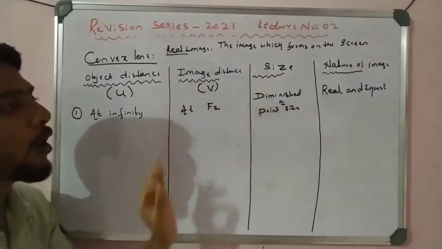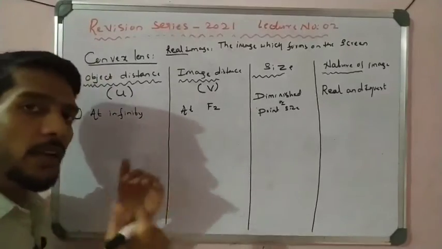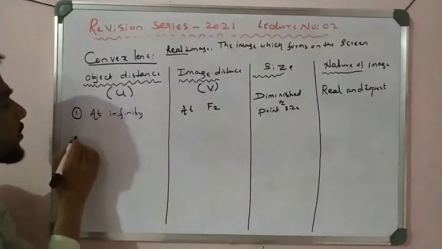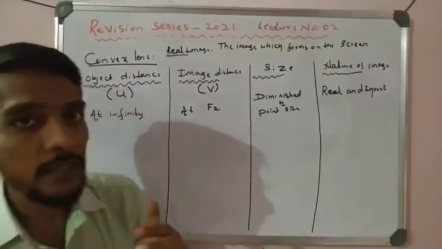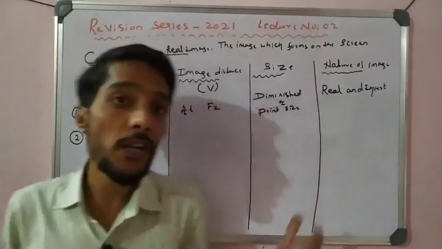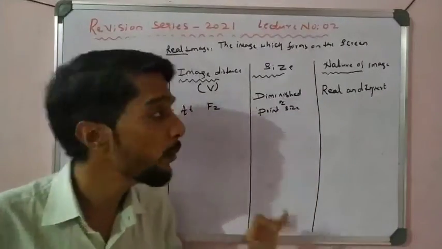So this is formed on the screen. So this is the first one. We can learn the ray diagram later. First take the whole table, complete the table, right? So that is very important. You first practice and try to write the table without seeing the textbook. That is, you memorize the whole table in your mind. That is very important for you, right?